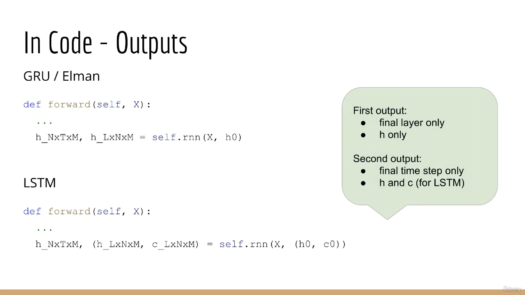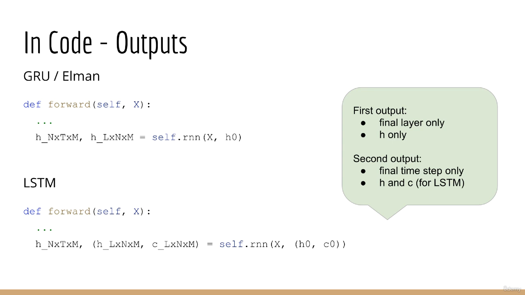Now, let's talk about how to interpret the outputs from the GRU and LSTM. As you recall, RNNs in PyTorch return two things, not just one. With the simple RNN, we get one H, which is of shape N by T by M, which tells us the hidden state at the final RNN layer for each sample, each time step, and each feature. The second H is of shape L by N by M, which tells us the hidden state at the final time step for each sample, each RNN layer, and each feature. In the GRU, it works exactly the same. In the LSTM, we have something similar, but not the same. The first thing that is returned is the same as what we get with the simple RNN,